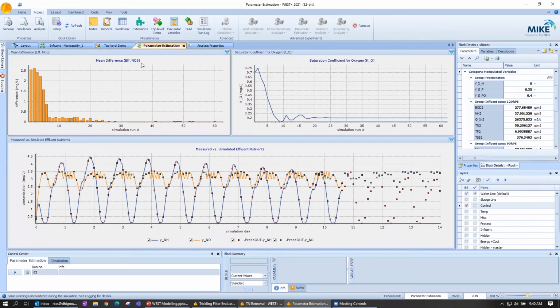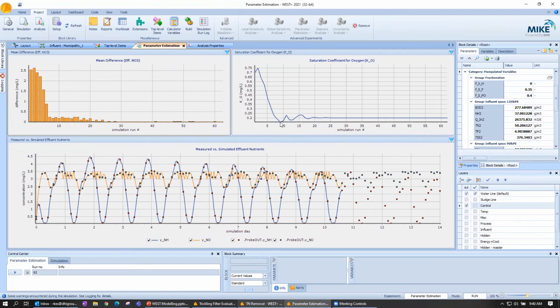So the mean difference in effluent nitrate between simulated and measured starts out at like 2.5 milligrams per liter and makes its way down. And through the iterations, it's going to approach zero. Not always. In this case, it's a pretty cut and dry parameter estimation. And this is through the iterative solution or iterative process. So throughout, each bar represents a different simulation run. We've got a similar plot over here where for each run, West selects a different KO value, saturation coefficient, and we can see it